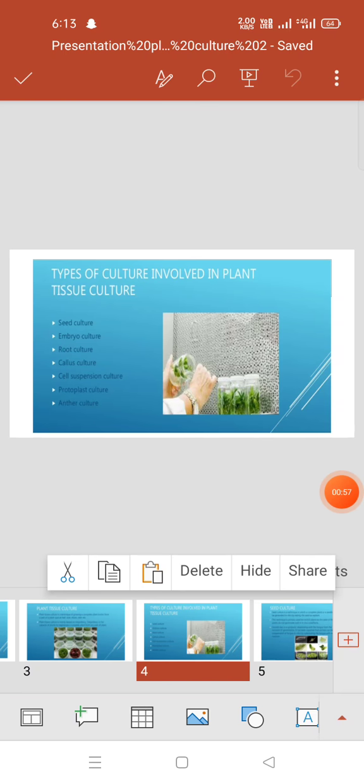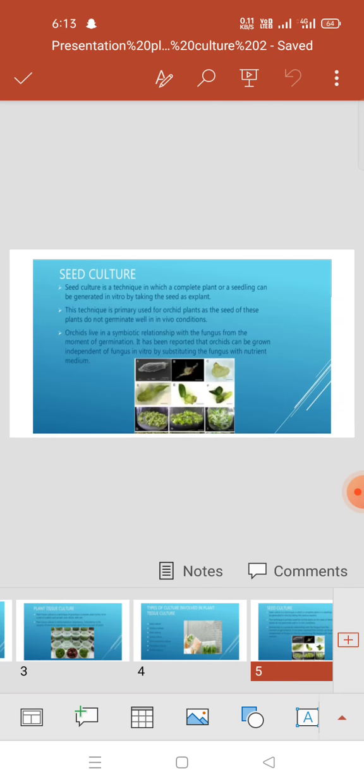Types of culture involved in plant tissue culture are seed culture, embryo culture, root culture, callus culture and etc. First, seed culture. Seed culture is a technique in which a complete plant or a seedling can be generated in vitro by taking the seed as explant. This technique is primarily used for orchid plants as the seeds of these plants do not germinate well in vivo